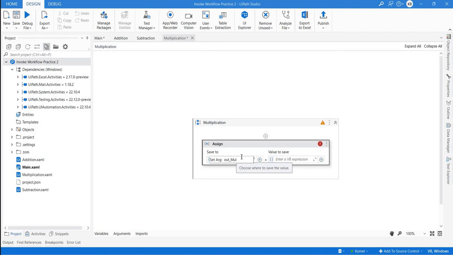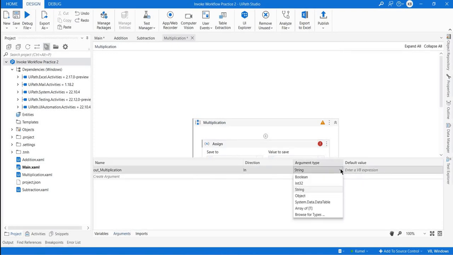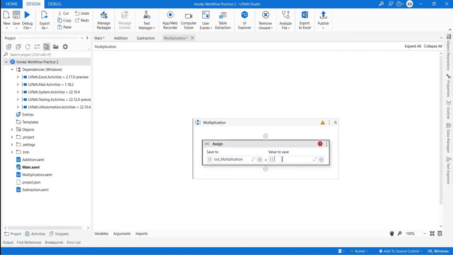Yeah, that was correct. Okay. In the argument, we'll change the argument type to integer. Good. Then for the value to save in this, we'll make again one argument named in first number,